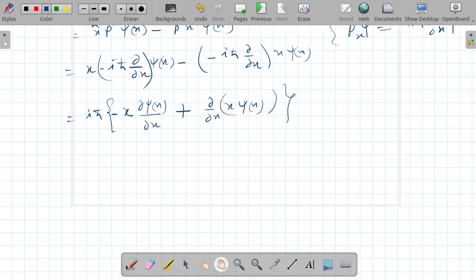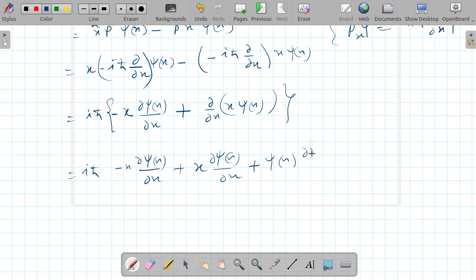Let me try to solve it. i h-bar, minus x del psi over del x plus, here I will apply the product rule: first function into derivative of second function plus second function into derivative of first function,